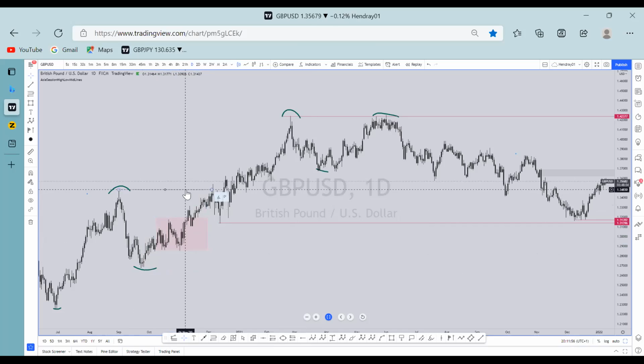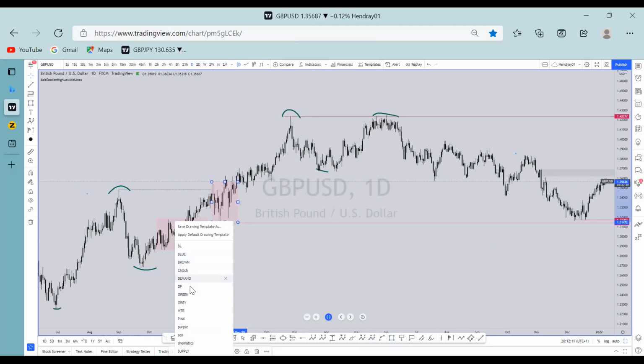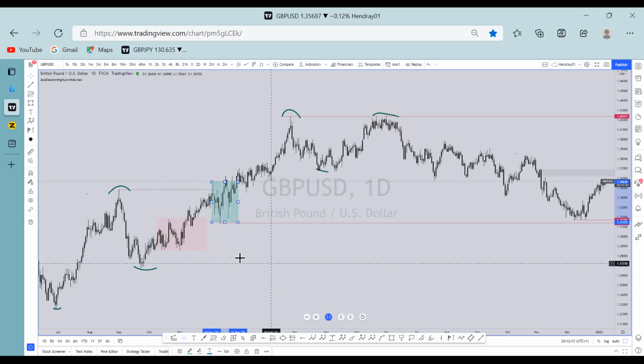So after the market breaks external liquidity, the first structure that happened here, this first one right here, I can call it what? 1 hour structure. I can call it 1 hour structure, green. So after the market now breaks,